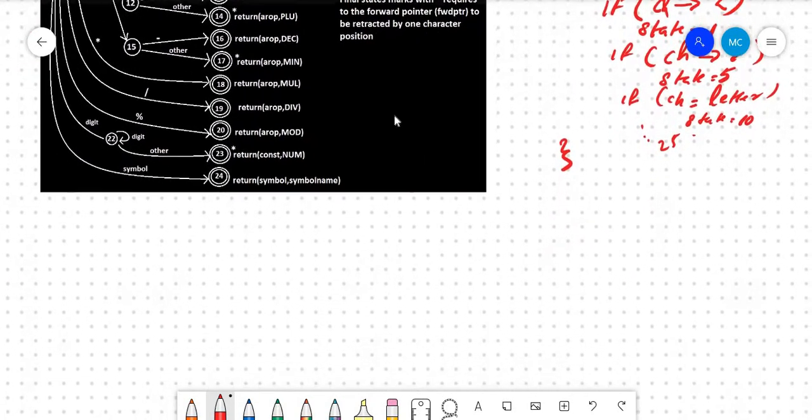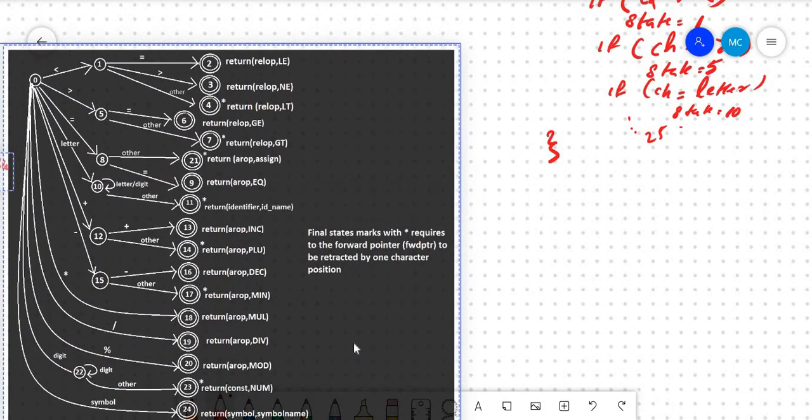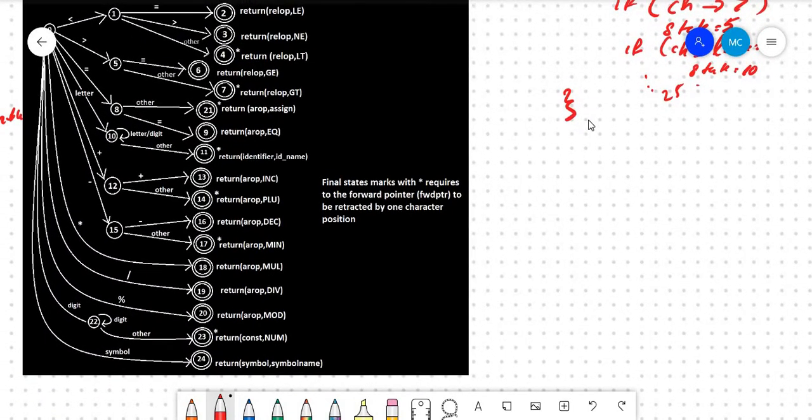Once you do that, now you have the next state, which is state 1. What do you have to do in state 1? If your state is 1, we will have to get the next character, and you check whether the character is equal to the symbol.